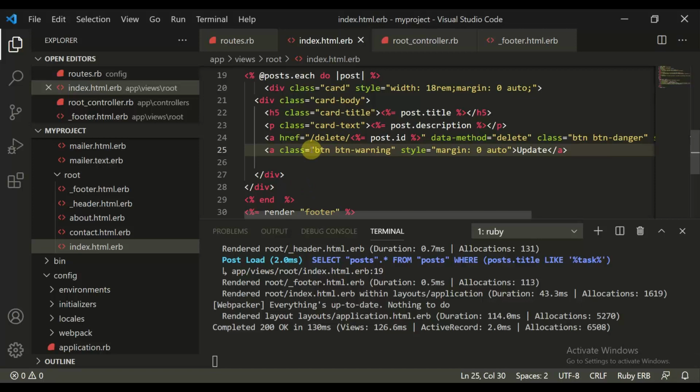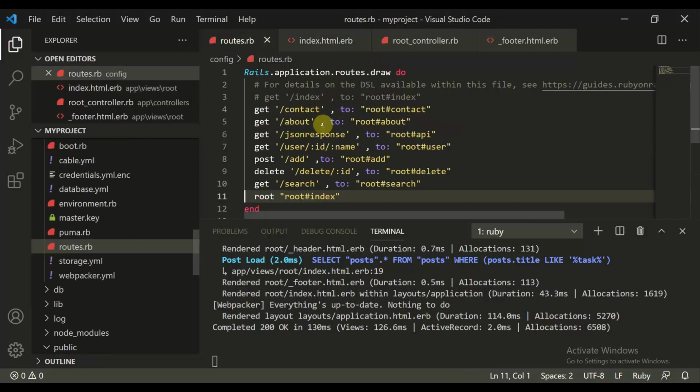So we need to create a route for this. The same way we have it for delete, let's create this for update. Okay, so let's click here, update. Now we have to create a route for this in our routes.rb.